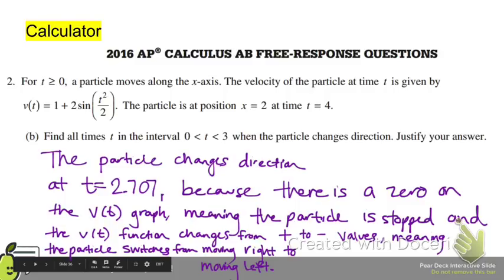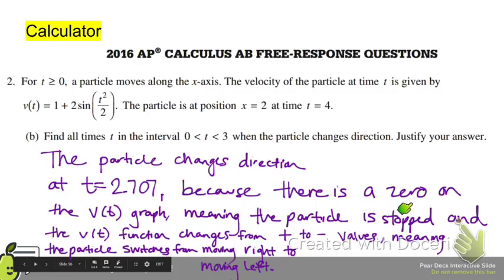Now, I know that's a ton to write, and I have never personally gone to grade AP Calculus tests before, so I cannot guarantee that this is word for word exactly what you have to have in order to earn full credit, but I can guarantee that if you had this word for word, that you would earn full credit. Here's why. We answered the question, we gave them the time interval it happened, and we justified. Not only did we tell them what we were looking for on the actual graph, so we looked for a 0 and we looked for the fact that it changed from positive to negative. I think maybe that might be enough to get you full credit,